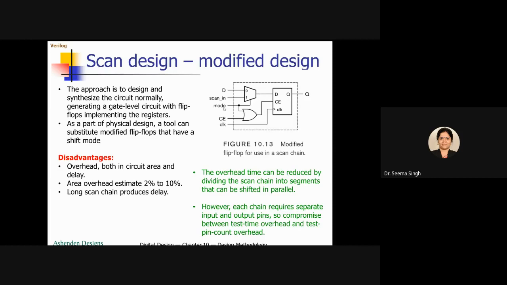And this mode, if mode is 0, means it is a normal behavior. Now you imagine that mode is 0. So this input D is connected to this D, and it is a normal D register. And if mode is 0, clock and chip enable will be high anyway. Chip enable, mode 0, it will anyway go and enable your chip of D flip-flop.